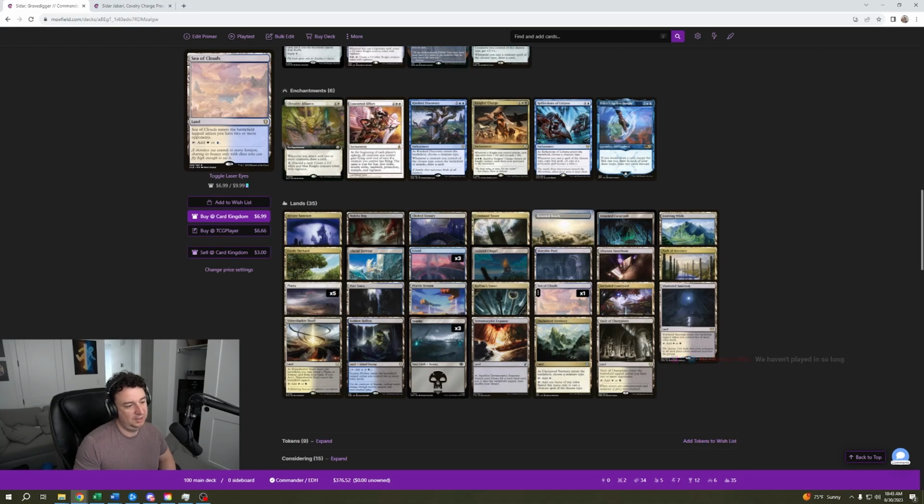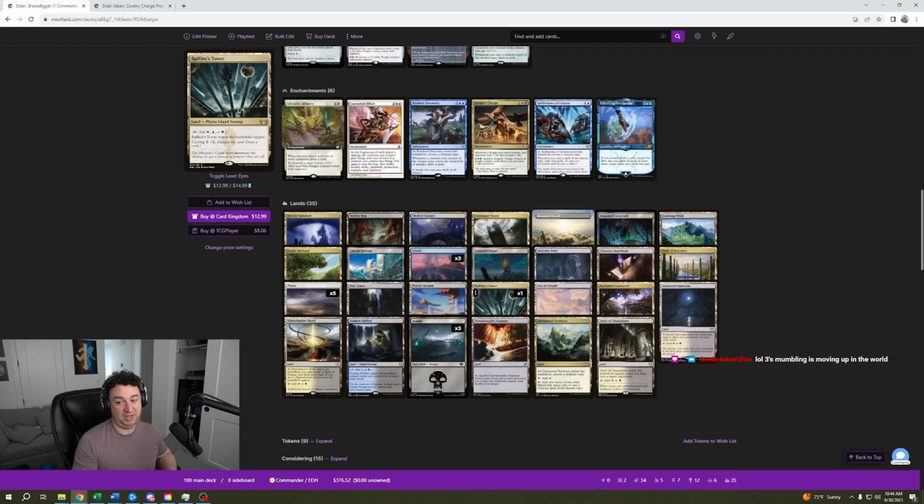But anyway, battle bonds. So Morphic Pool, Sea of Clouds, and Vault of Champions. These are kind of pricey. They did go down a little bit because Commander Masters reprinted them. They're still kind of expensive, but totally worth it if you're willing to put in the money. Same with Rafine's Tower. Rafine's Tower is an amazing